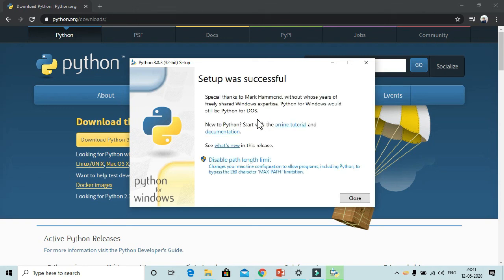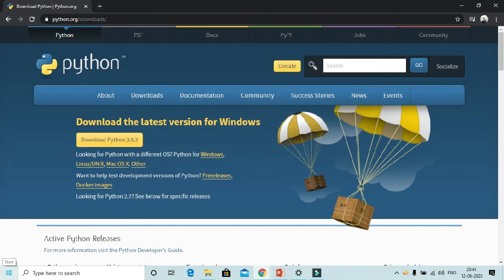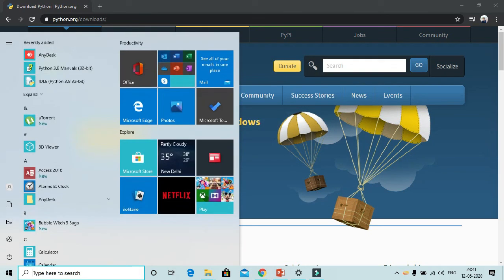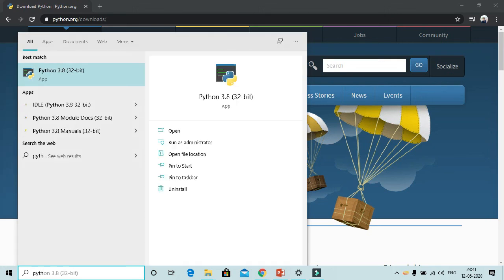We just need to close this screen, and for checking we have to click on start and type Python. You will get lots of Python programs. Like if you have used PowerShell, in there we have ISE and normal PowerShell. In here we have Python and IDLE Python.